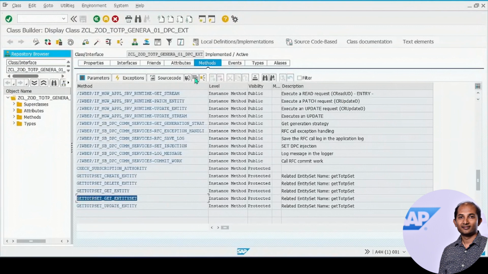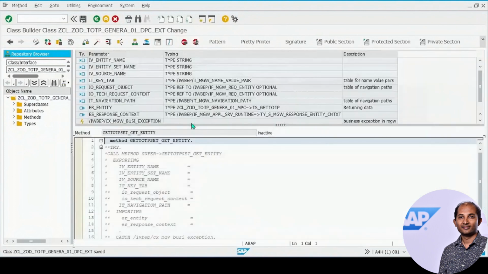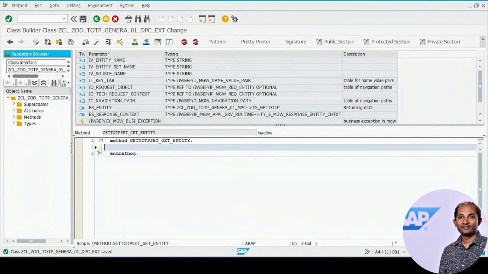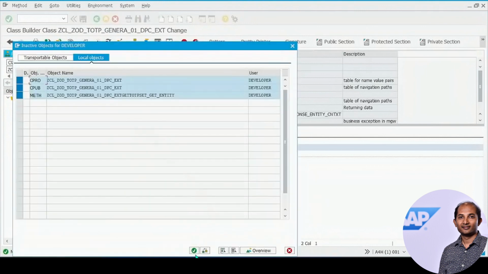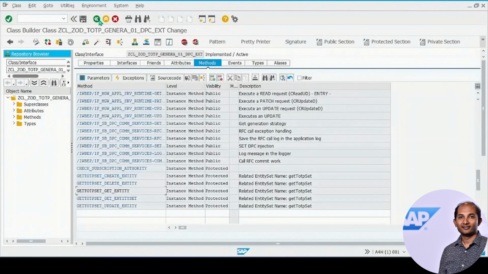All right, so this is kind of a read mode, so you have to click on the edit button. Now you will see this particular button is available, called redefine. So let's click on that and it will redefine your method. All right, so now you can close this, put the cursor, and let's activate. So this is the method where we will write our code. But before that, let's do one more thing. Let's put a breakpoint first and see whether this method is getting called or not, right? But before that, one thing is